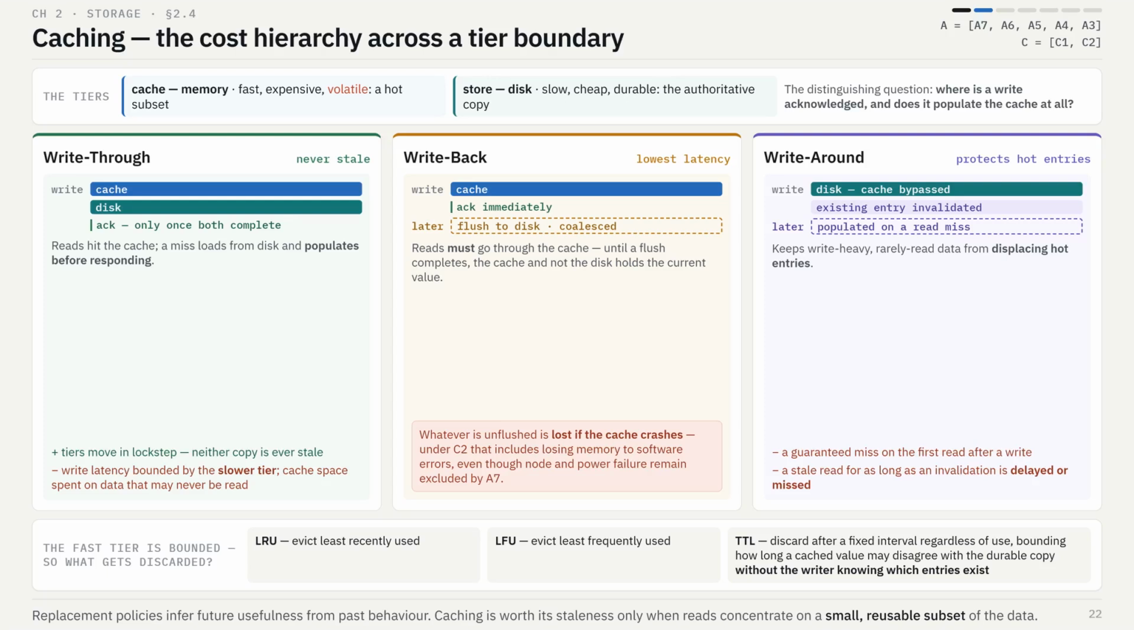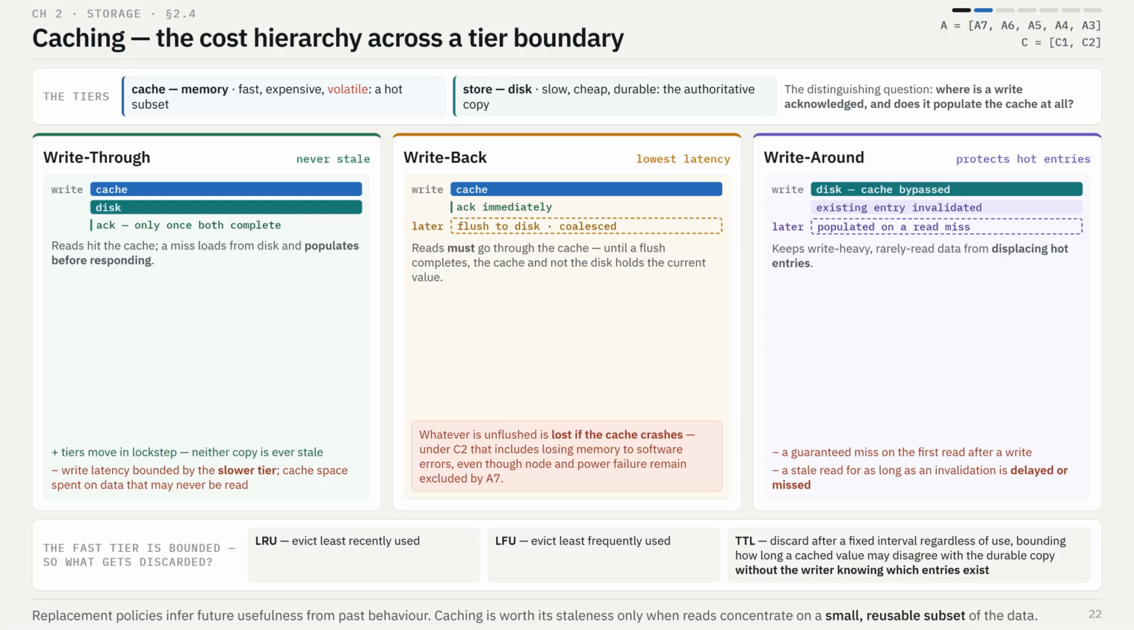A read is served from the cache when the key is present, and a miss loads from disk and populates the cache before sending a response. Because both tiers are updated in lockstep, neither copy is ever stale with respect to the other. The costs are write latency bounded by the slower tier, and cache space spent on data that may never be